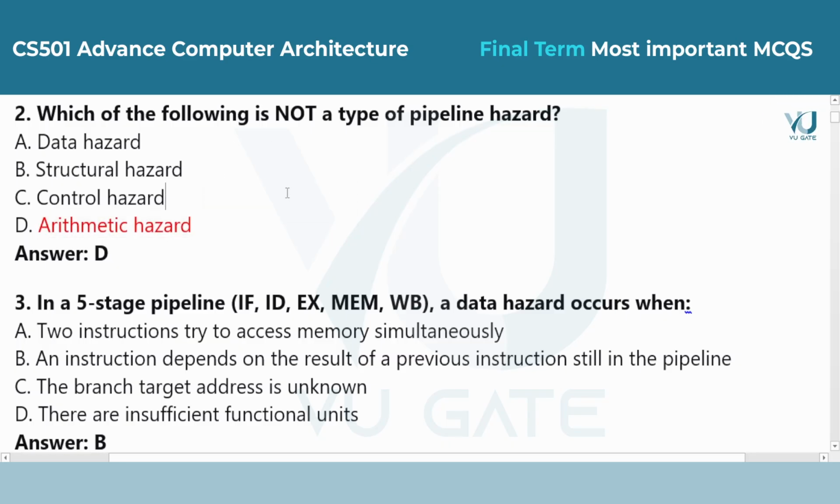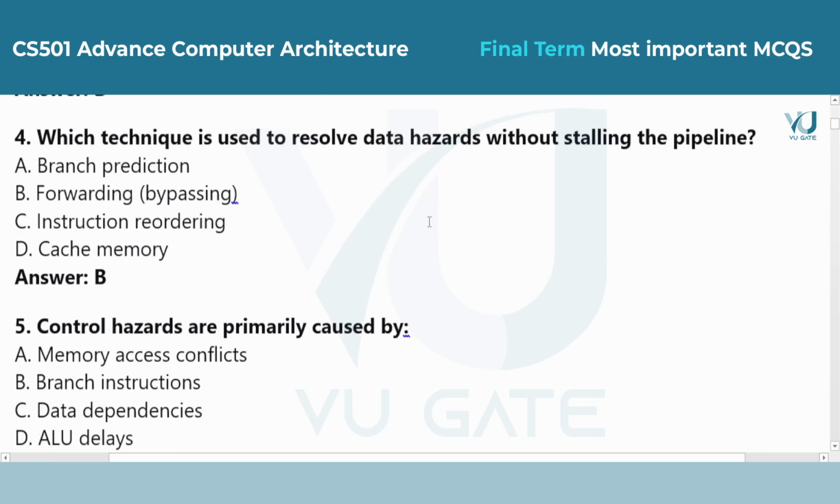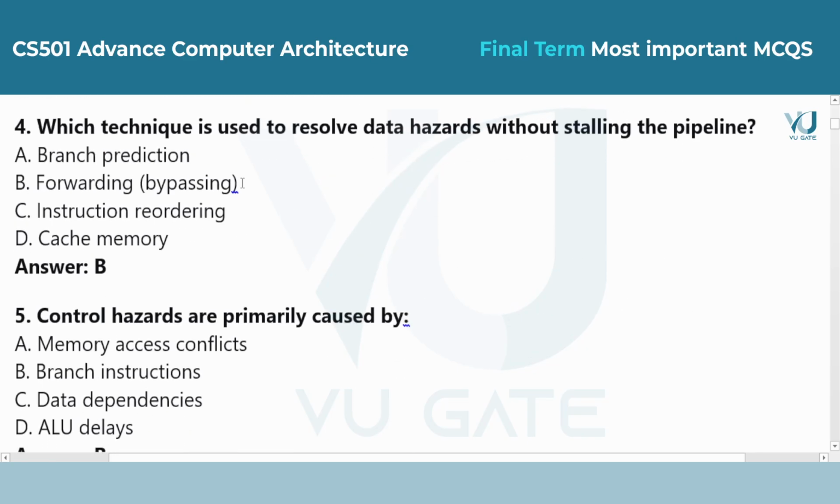3. Question: In a 5-stage pipeline, a data hazard occurs when? Answer: B. An instruction depends on the result of a previous instruction still in the pipeline. Concept: This happens when data is needed before it has been written back to the registers. 4. Question: Which technique is used to resolve data hazards without stalling the pipeline? Answer: B. Forwarding, bypassing. Concept: It passes the result directly from the ALU to the next instruction instead of waiting